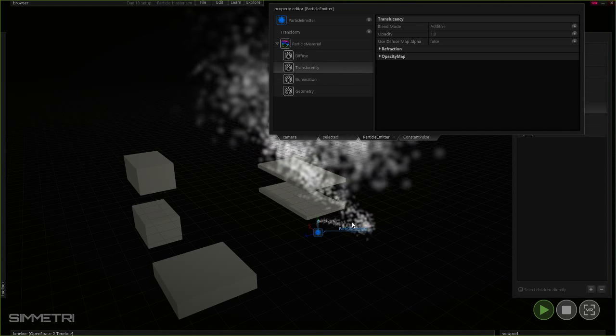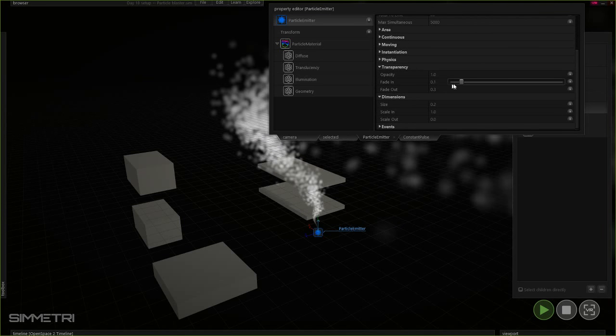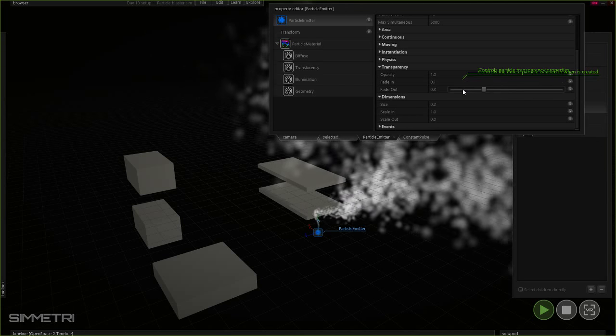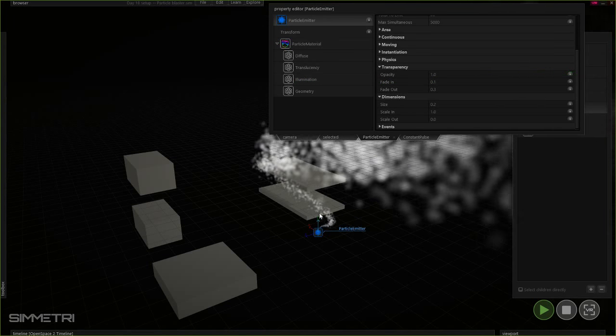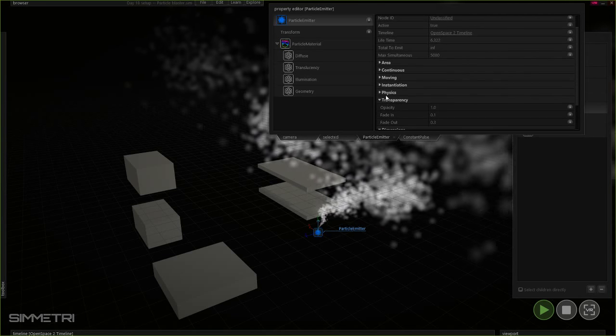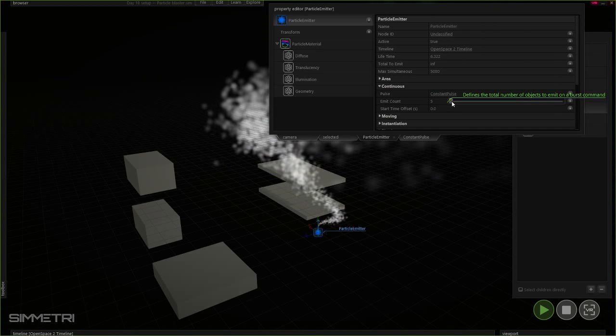So when we add the fade in and fade out, we may end up with these small particles who don't have enough overlap yet. And while we tinkered with the emit count in the beginning,